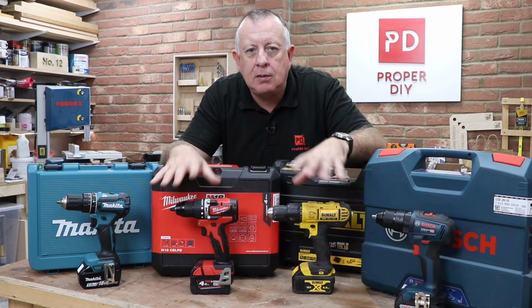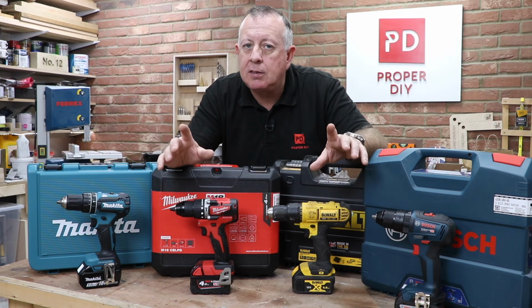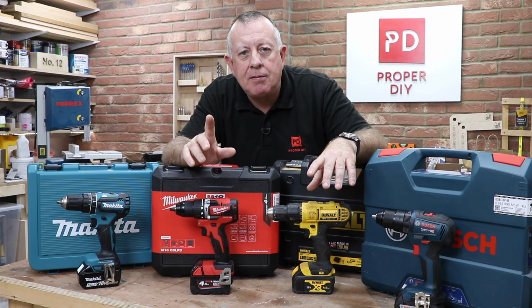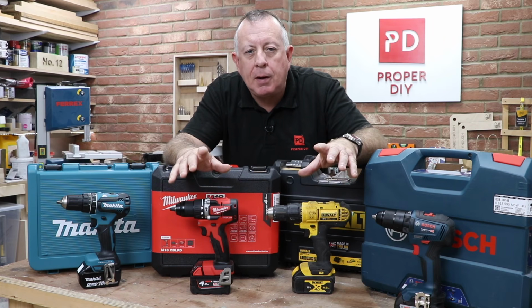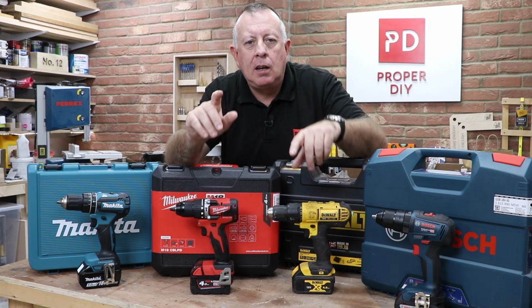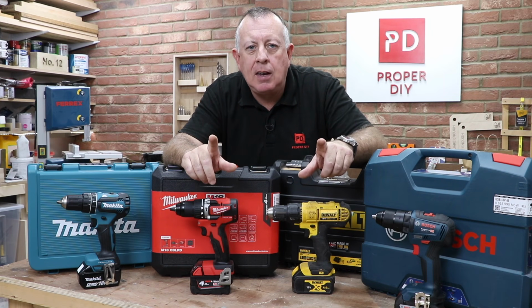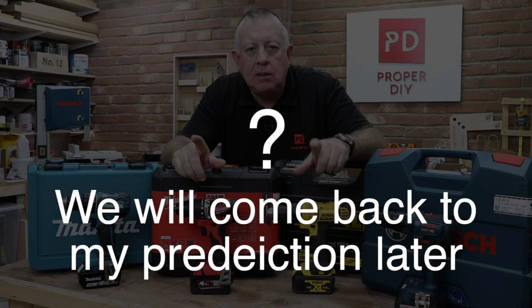All these drills I've just taken out the box. I've never drilled anything with them, so it'd be interesting to see what I think about these drills. I have a sneaky suspicion which one's going to come first, probably based on the advertising, the feedback I've already got. And I'll let you know which one that is at the end. But I'll tell you now, actually, I think it's going to be...